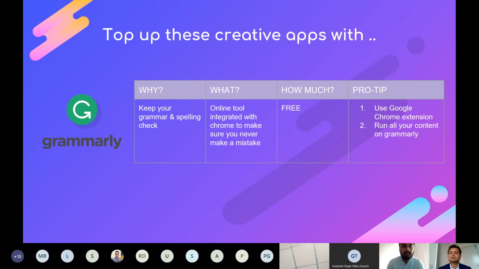So when I'm writing a mail, I'm confused, am I being over friendly, or am I being too stern to a particular client that I'm talking to? And it just gives me the tone at the end, that, you know, this is perfect, this is professional, it's sounding professional. So I think the Grammarly tool is a must that you need to have. Even if you're not creating content, I think it's something that everyone should have, and it's free.